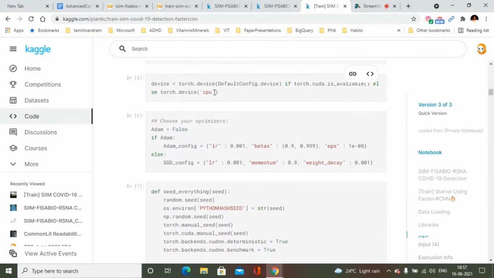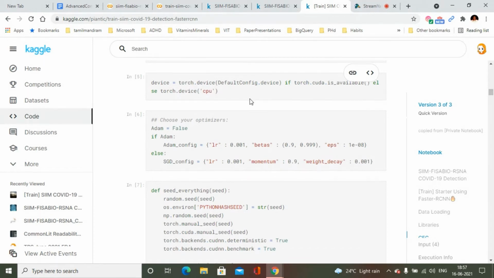So this is a computer vision problem with a lot of images. So GPU might be your typical accelerator which you need to use. Compared to CPU, you'll have to use GPU because it takes a lot of time to train on CPU. And so this is a piece of code which will set your default device as GPU and all that.